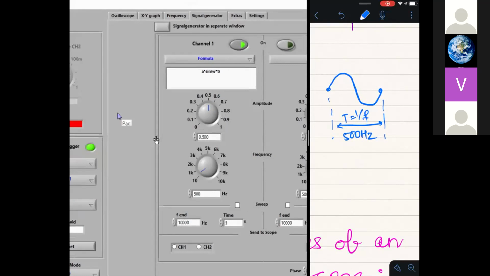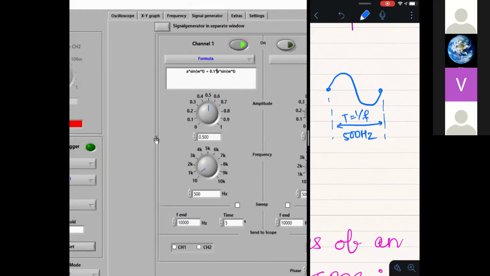A is the amplitude, and in sine omega t, omega is set to 2 pi f, which means 2 pi into 500 radian per second. Here, to add noise, just do plus, copy this, and multiply it by 0.1.